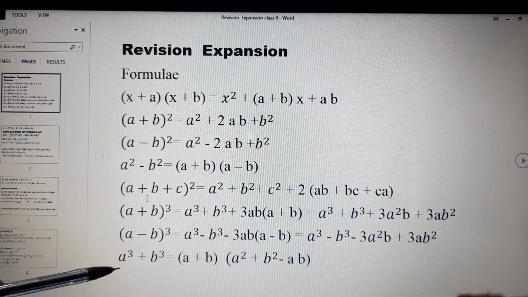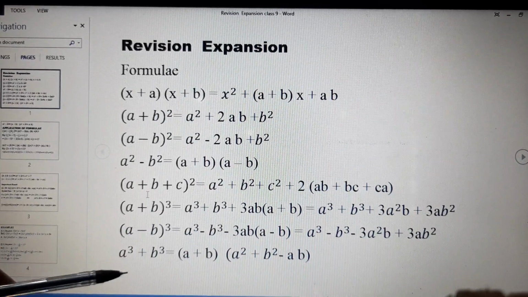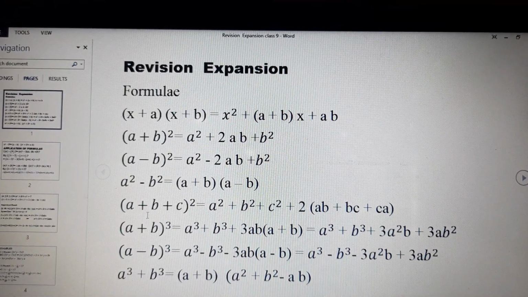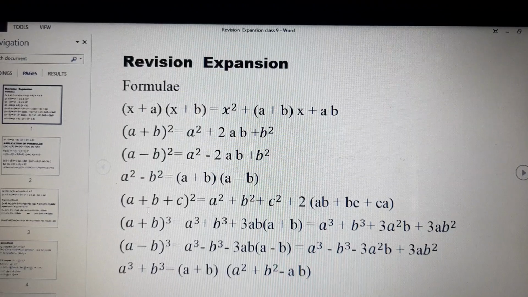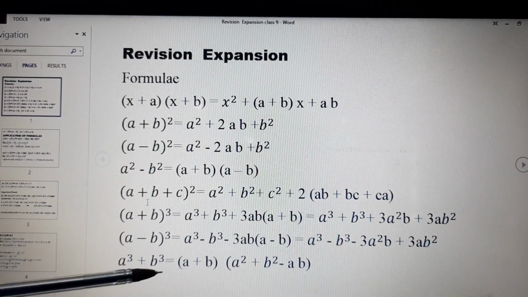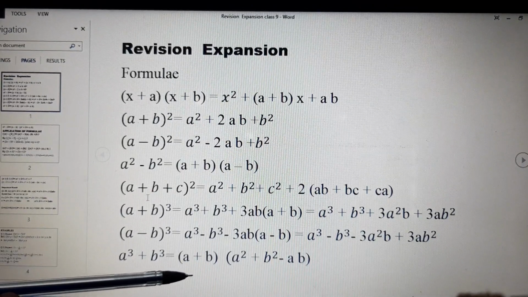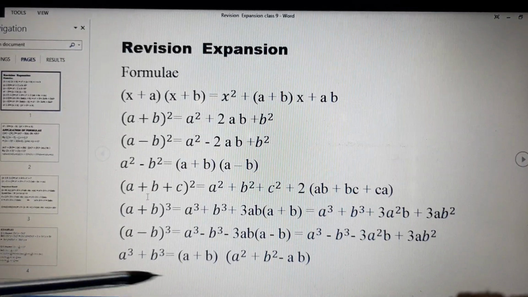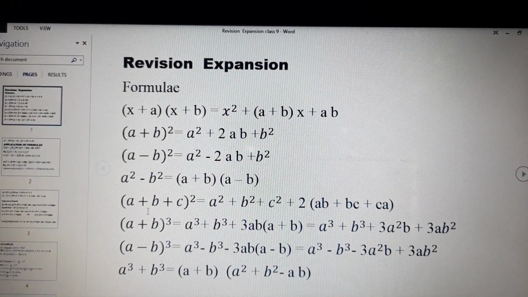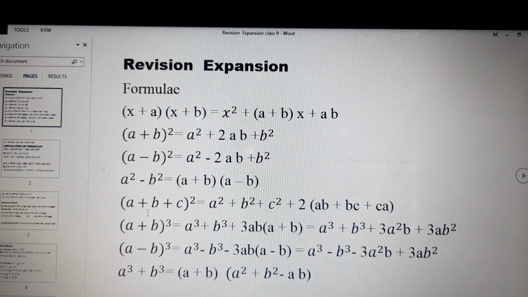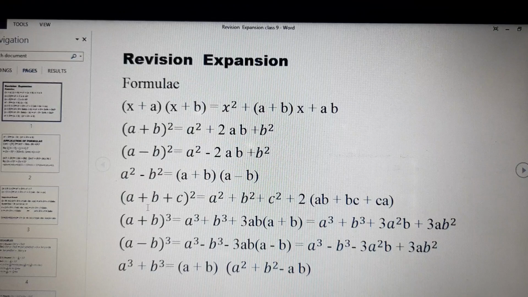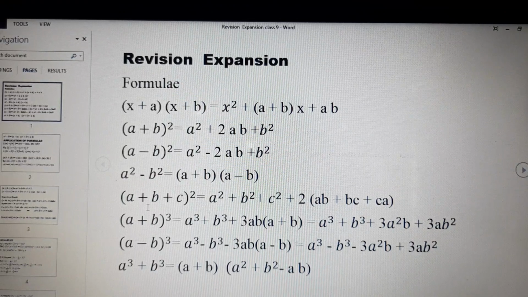And here, first of all you have to calculate their cubes, and then the cubes will be added. Are you getting it? So how will you learn and understand the a cube plus b cube formula? A cube plus b cube will be equal to, there will always be two brackets. The first bracket is a plus b, because this is the formula for a cube plus b cube, so we will write a plus sign in the first bracket. A plus b. And in the other bracket, a square plus b square.